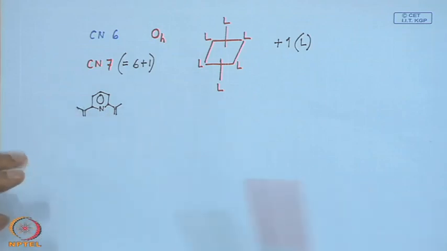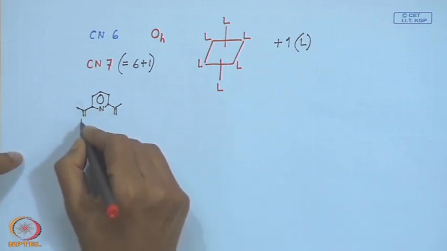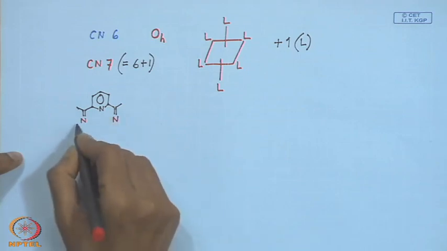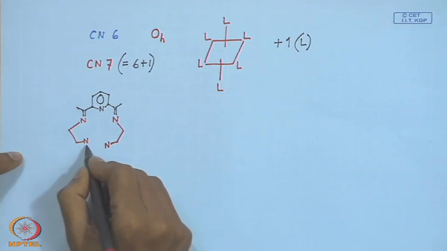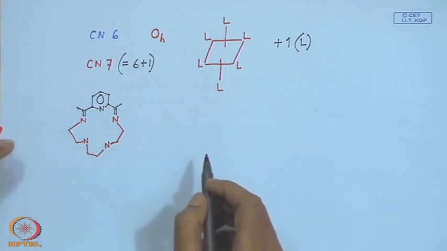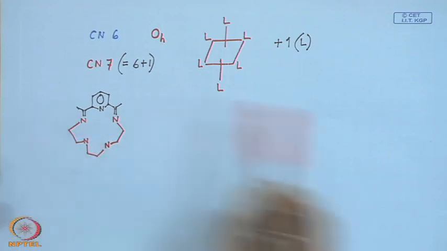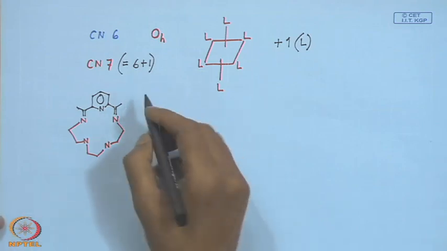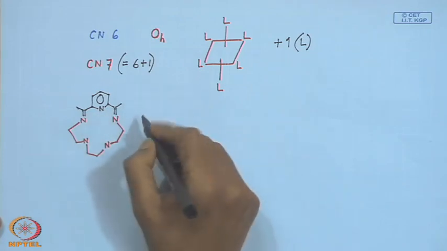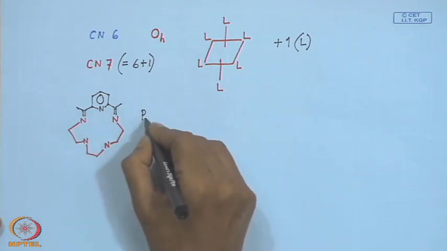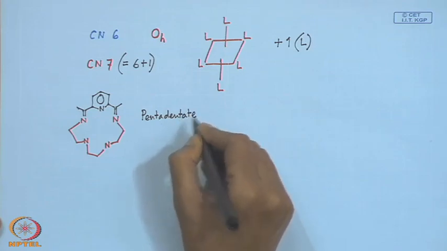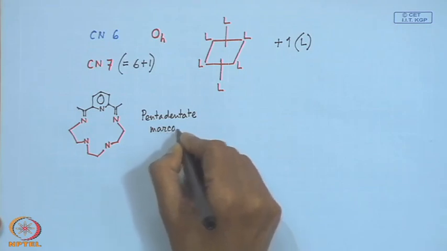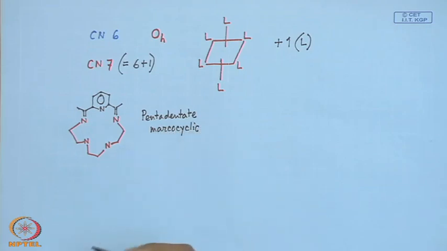When 2,6-diacetyl pyridine is condensed through some Schiff base condensation reaction with triethylene tetramine, this is triethylene tetramine, we get a corresponding ligand system which is pentadentate, and since it is a cyclic ligand, it can be labeled as a pentadentate macrocyclic ligand. So, this pentadentate macrocyclic ligand,